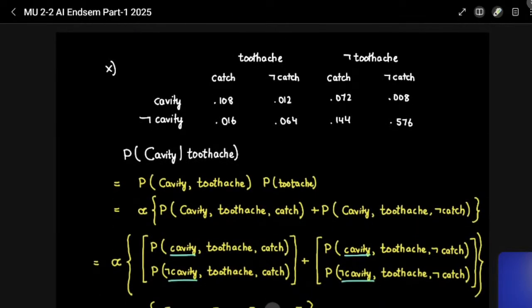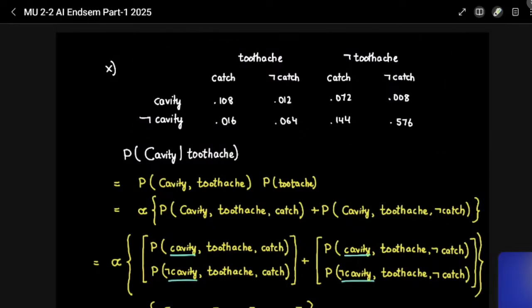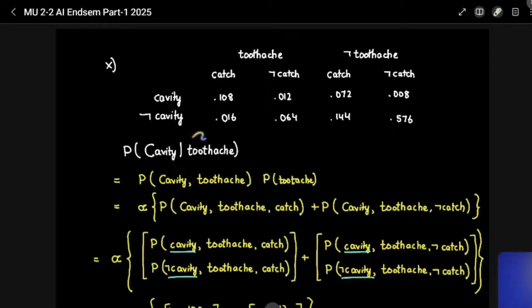Let us look at an example. Let's say this is some probability distribution. You have three things: toothache, catch, cavity. So we have to find the probability of the random variable cavity given toothache. See, look at the capital letter. Here toothache is all in lowercase. So this means